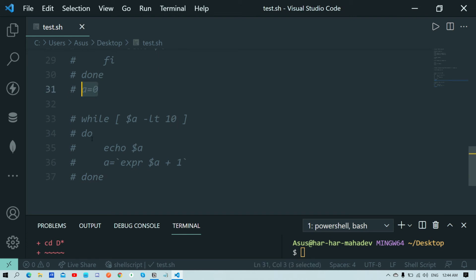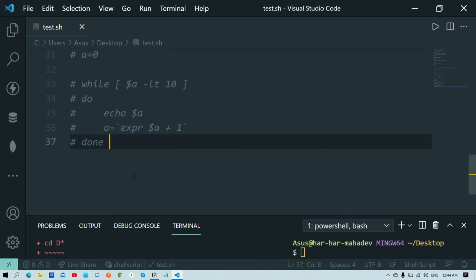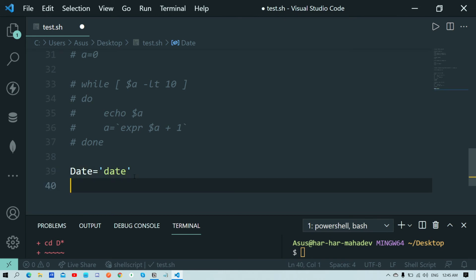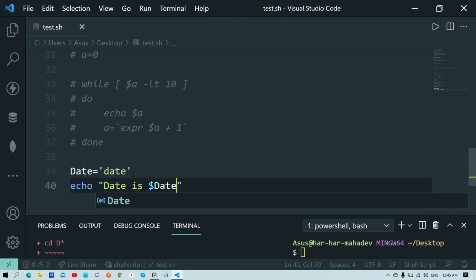Now we can proceed to date, which is also there. I'm not sure, but let's try this. We'll use a capital D, and in echo we'll print date is date. Make sure to use $, so it will print the date.